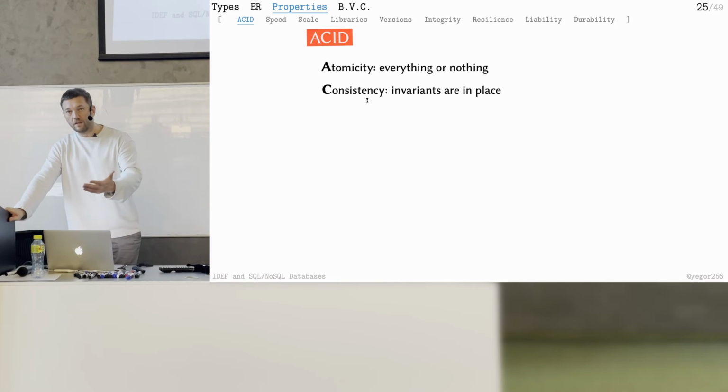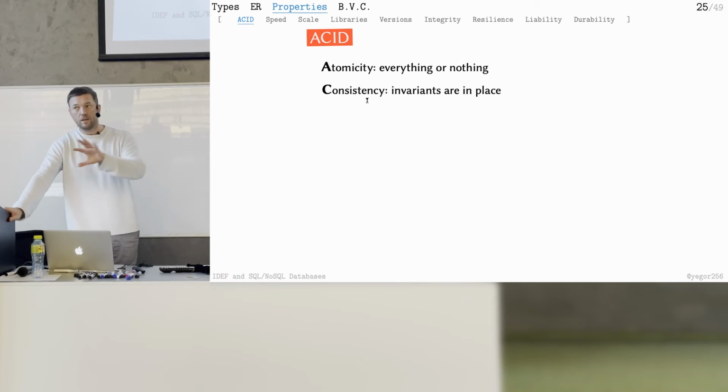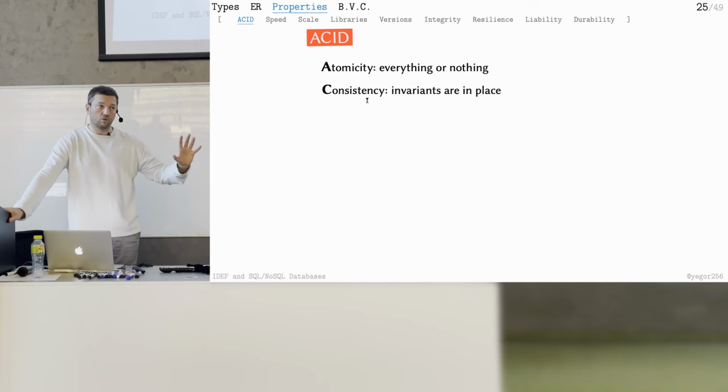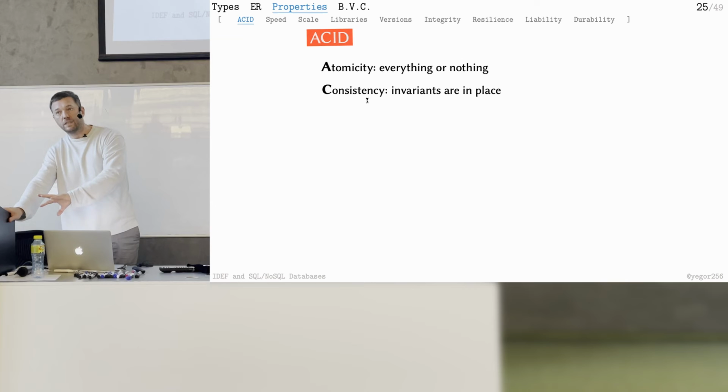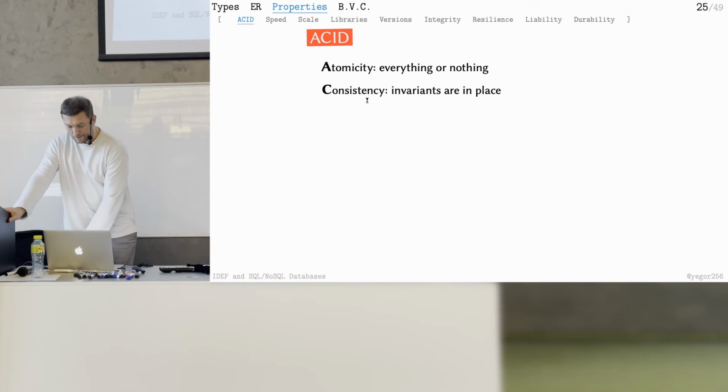So I asked for the update, some changes happened, but in the end, we have the database in an inconsistent state, which is close to atomicity. But atomicity is about just breaking the changes at some point and not implementing the rest. This one, we implemented everything, but we turned the database into a new state which is not consistent. So the database should not do that. When it starts from one state, I try to move it to another state, and if there are some violations of the rules in this final state, then the database gets back to the original state. It doesn't land in a broken state.